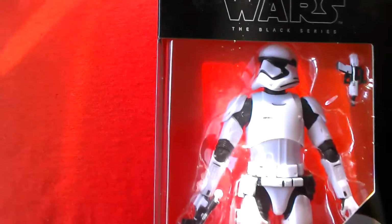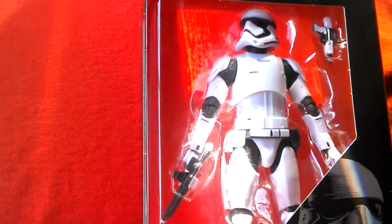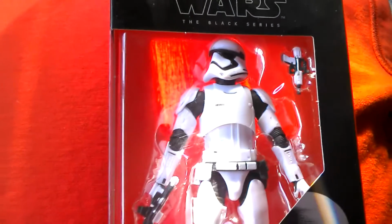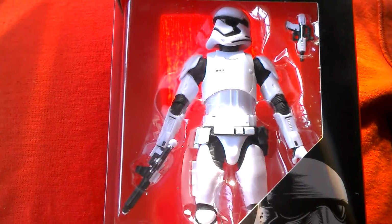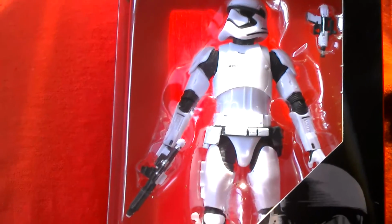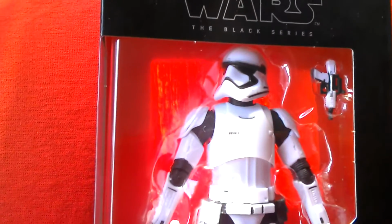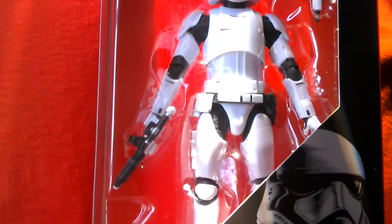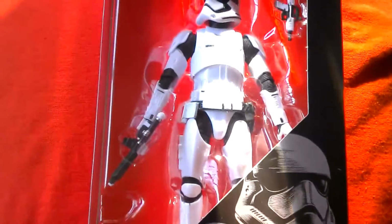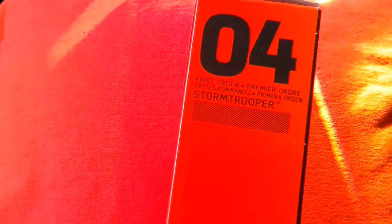And this is actually a European box, so it's slightly different to a US box, but I'll show you in the back. But it's a cool figure, fully articulated, apart from the elbows with just single joints, but that's no problem. Comes with two blasters. You can see the blaster there, and the figure just looks cool. New artwork on the box, and the new style of packaging, the Black Series. Number 4 First Order Stormtrooper,